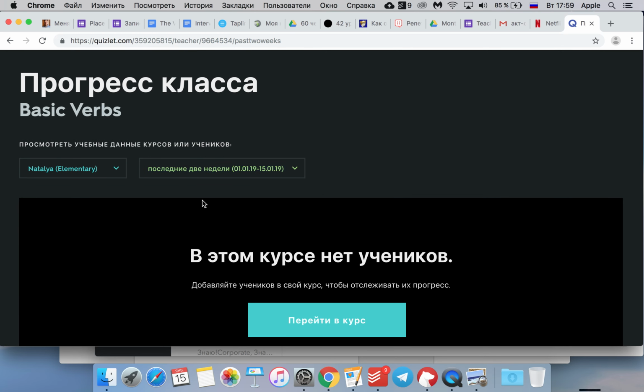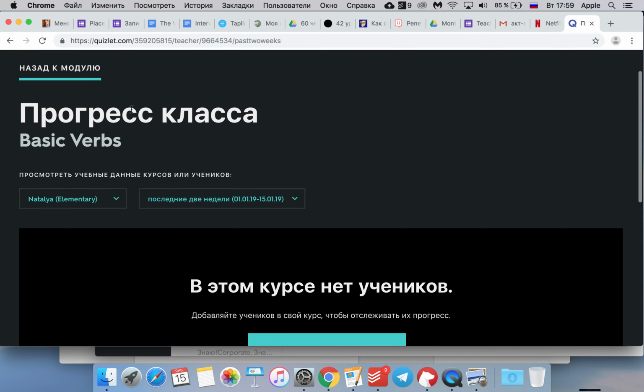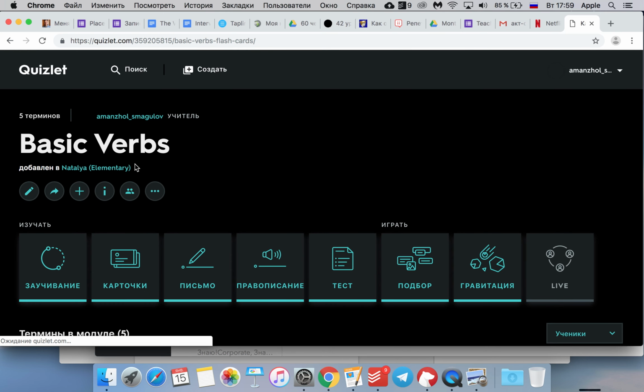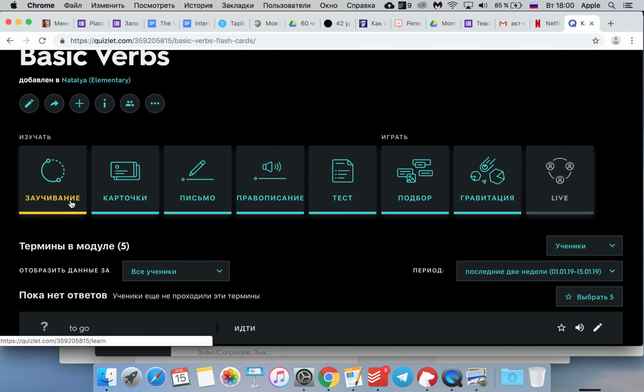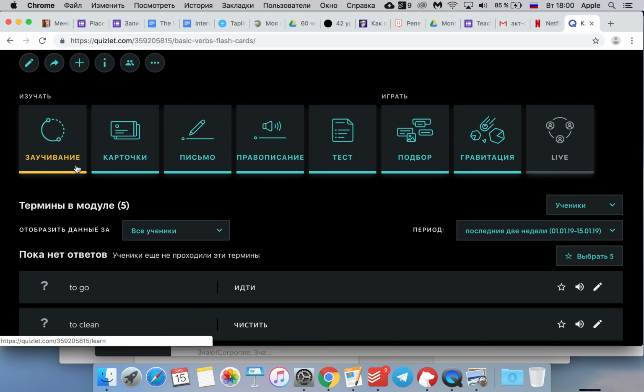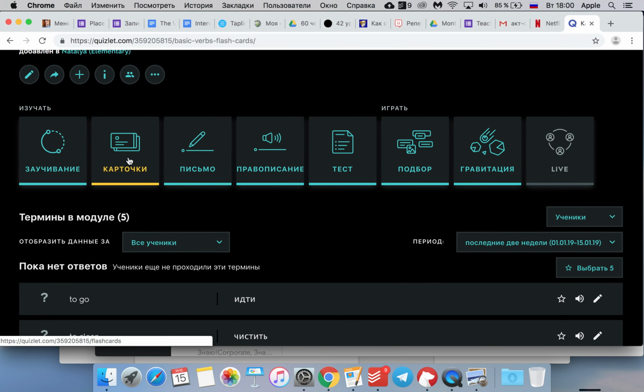So you will see what kind of parts of the application they used, and there are several things they can do in the app. They can do this learning, which is a mix of all the activities you can do in the app. Cards, writing, listening, tests. It's kind of like a self-learning system which adapts to students' mistakes and so on. Flashcards is something students just flip the cards, listen to them. Writing is when they actually see the word, they have to write a translation or vice versa. This is the same, but they listen to the word. Tests is something